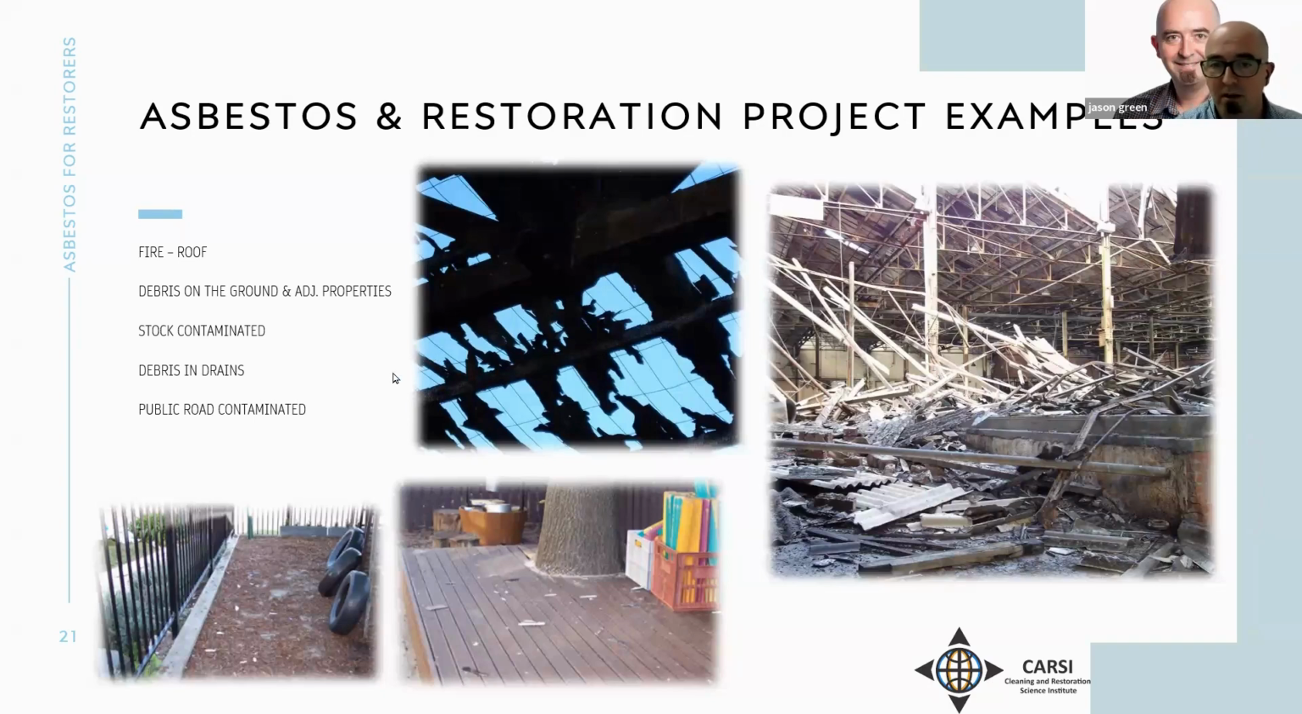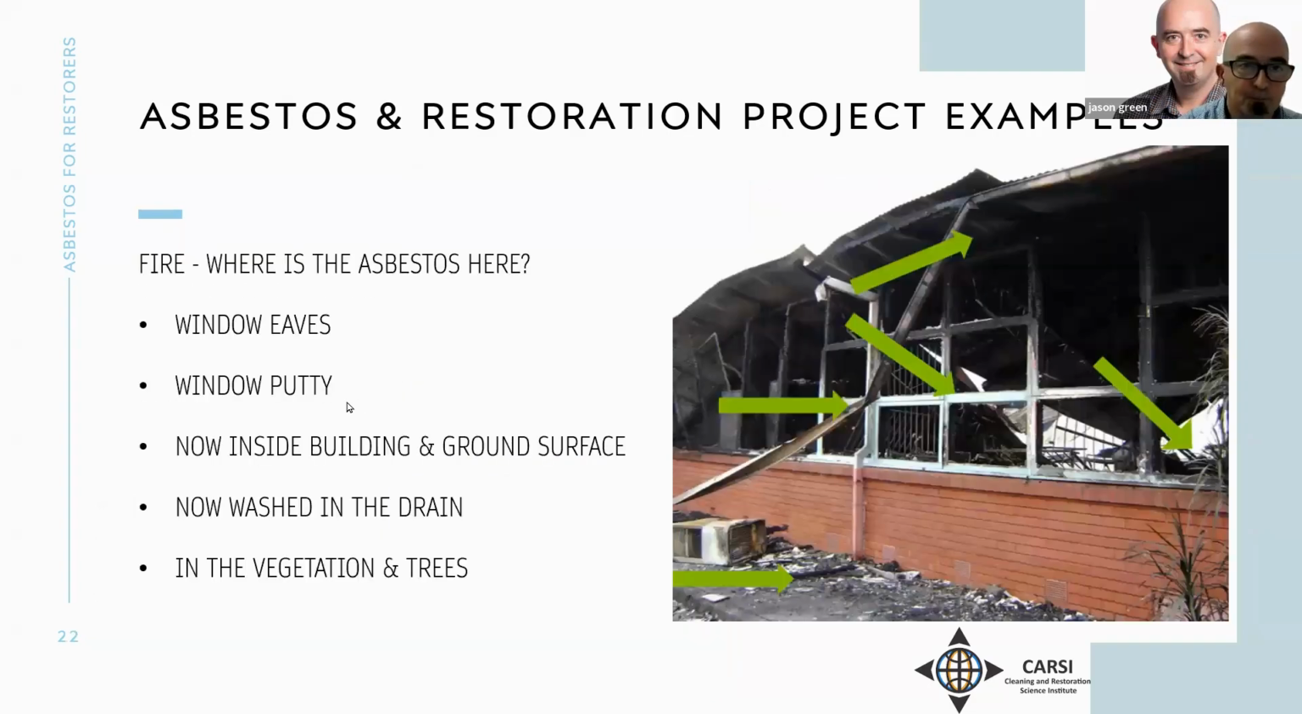So I think there's a lot of different things here and a lot of variables that could happen when you're looking at these fire situations. Okay, so this is another good example of a fire situation here. You can see on the right-hand side here an older style building, obviously, and so there's a lot of different asbestos materials we can see just in this photo. So we've got window eaves here,